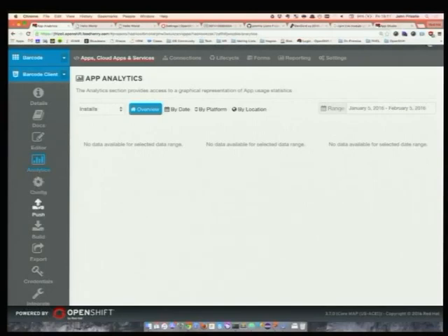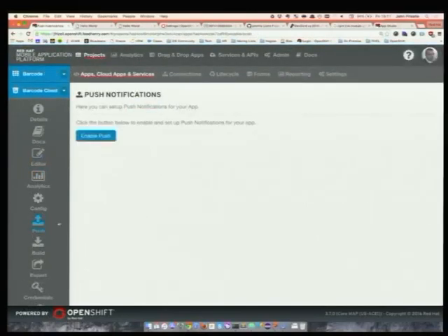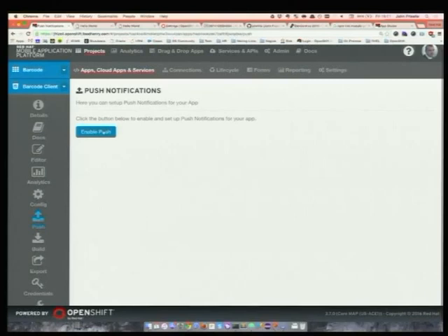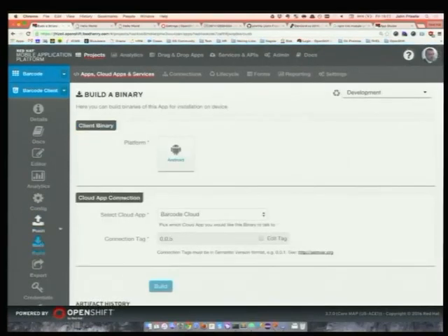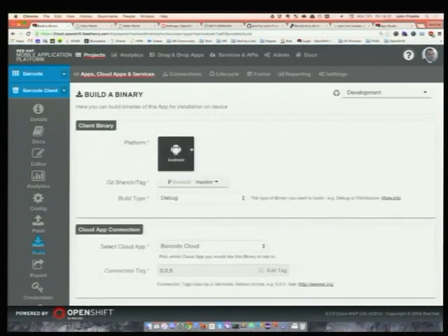Configuration section, integration of push notifications. We need to enable push with various keys and credentials. And then the fun part, building the application, getting an actual APK that we can install on device. So in the OpenShift Online version, Android is the only platform that we support through the build farm.